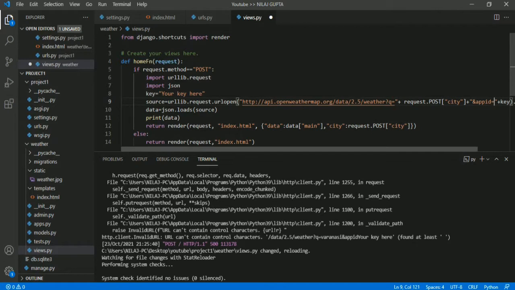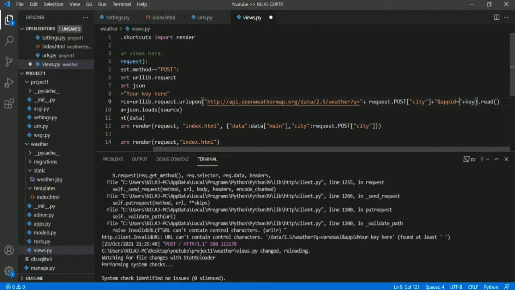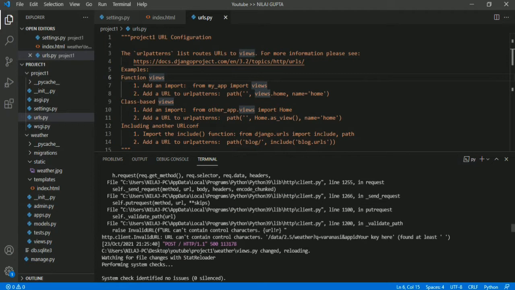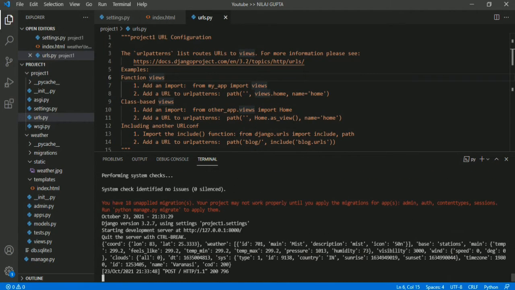And after that I will close my views.py. Now you can see that we are getting the data, and I was talking about this main, and it has all the data we need. And you can use the rest of the things also if you want. I will not use those things.